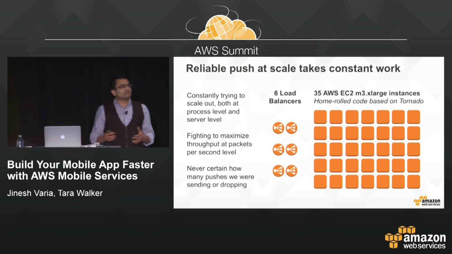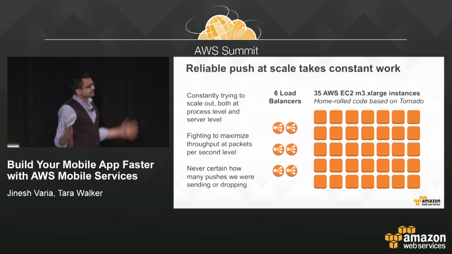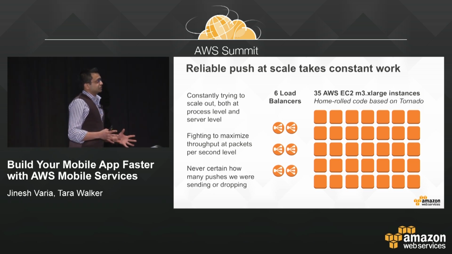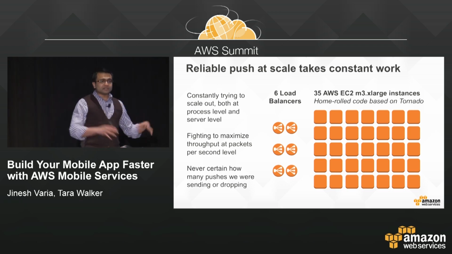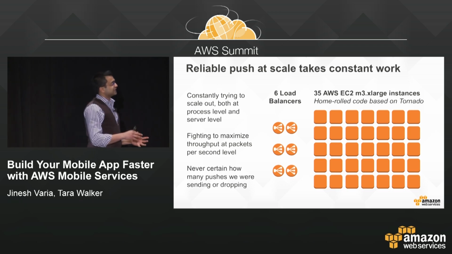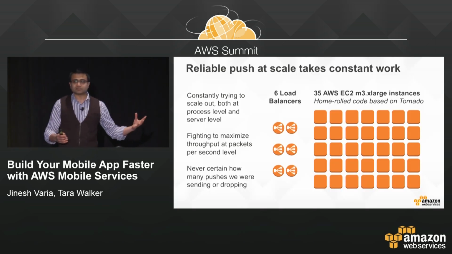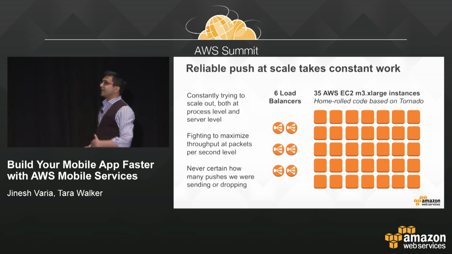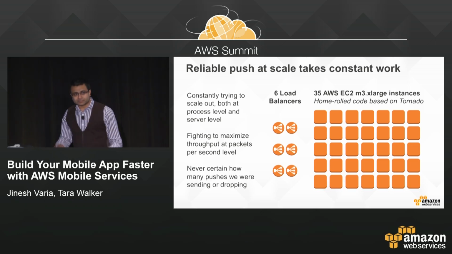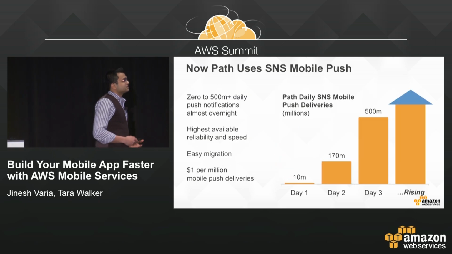So they run a complete push notifications gateway of their own, and they're managing that all in EC2 instances with load balancing, focusing on different types of EC2 instances. They're managing it, converting it, and managing all the tokens, managing the database, all that stuff they had to do. But today,